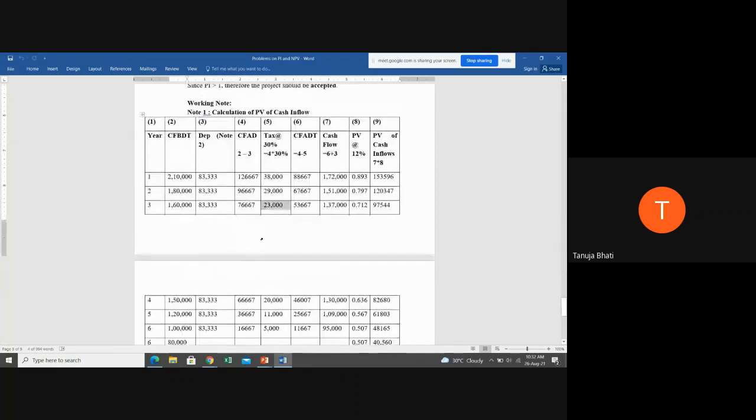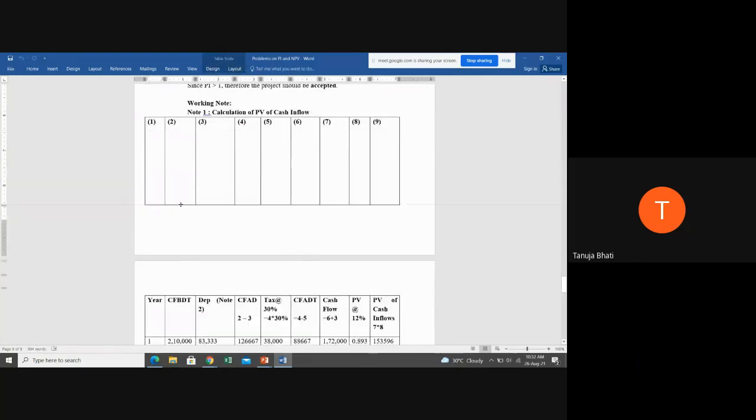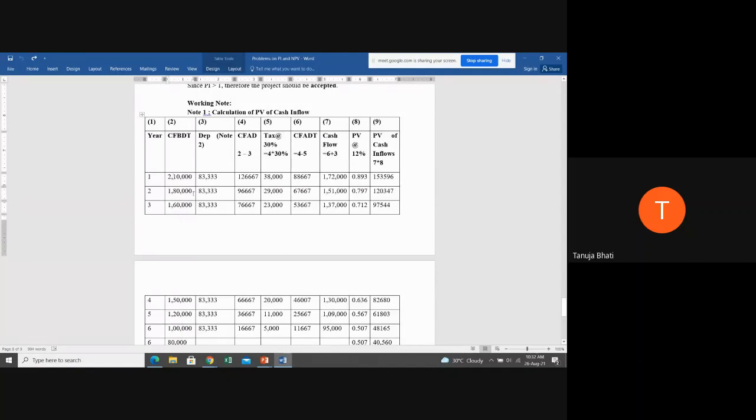So based on my explanation, I will just tell you column number 1 and 2, you will write as it is. Okay. Now, the third thing is you're going to charge depreciation. Now, this is cash flow before depreciation and tax. Now, why are you going to minus depreciation, students? Because obviously you have to deduct tax, and tax is deducted after minusing depreciation.